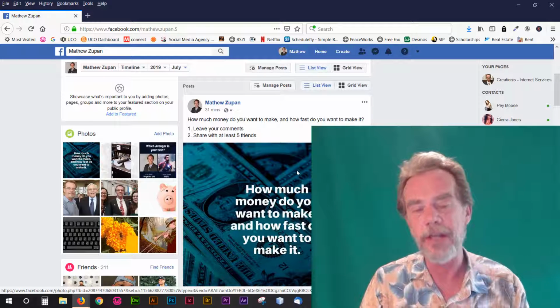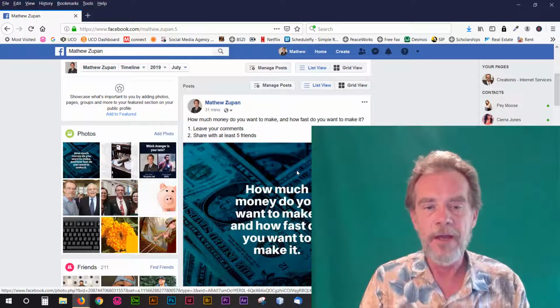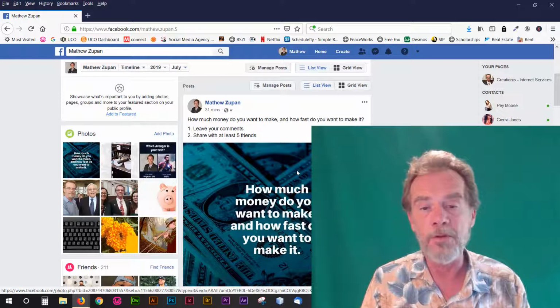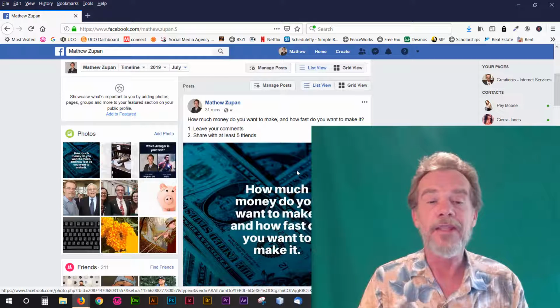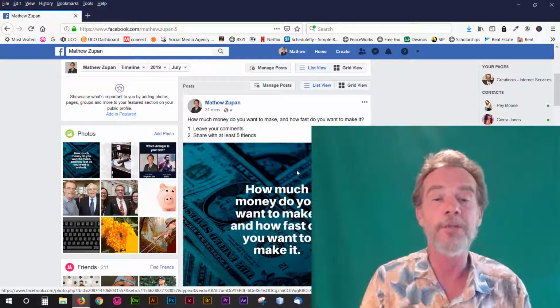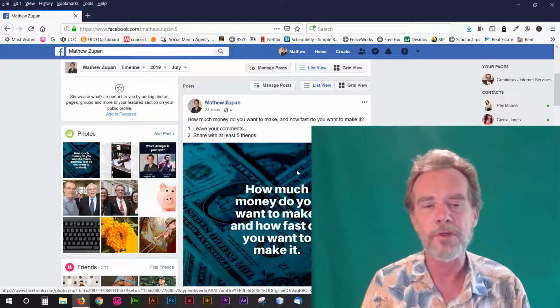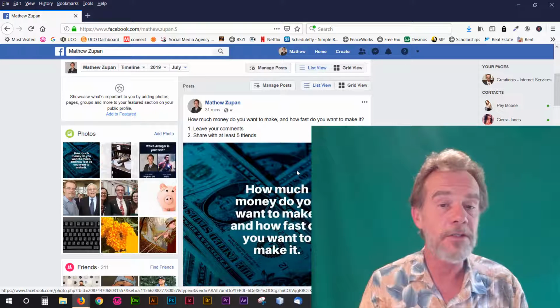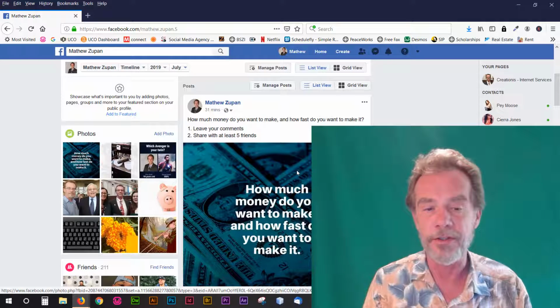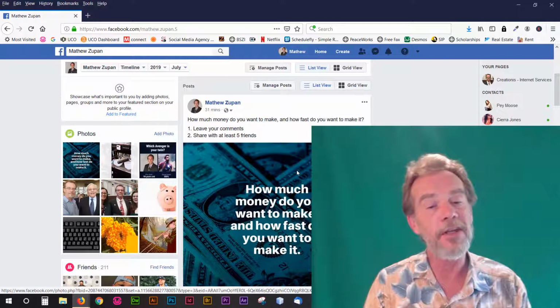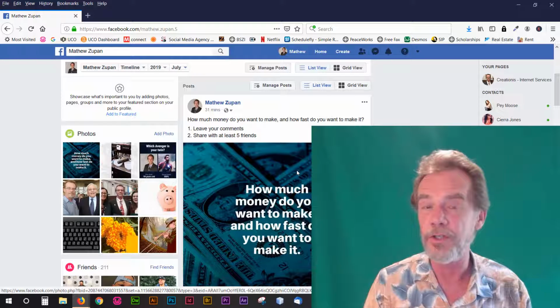And then the very last thing, the last little paragraph, is again a standard piece of text that you always want to write at the bottom of every post, telling people what you want them to do. If you want them to like the picture or like the post, tell them, like this picture, like this post. If you want them to leave comments or ask questions, then write that down. If you have a question, please leave it in the comments. I'd be glad to answer any questions you might have.